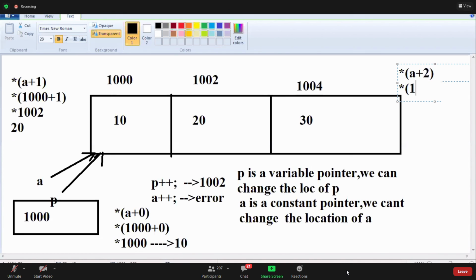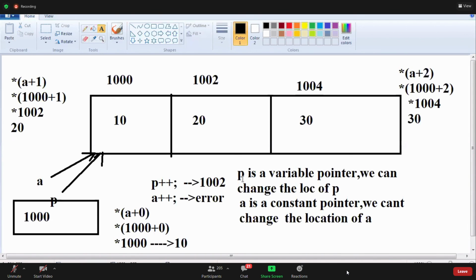Star a means 1000 plus 2, star 1004. This value is 30. Complete, guys. P is a variable, P plus plus is valid. But a plus plus is error. Write this, A and P values same. Complete this diagram, guys.